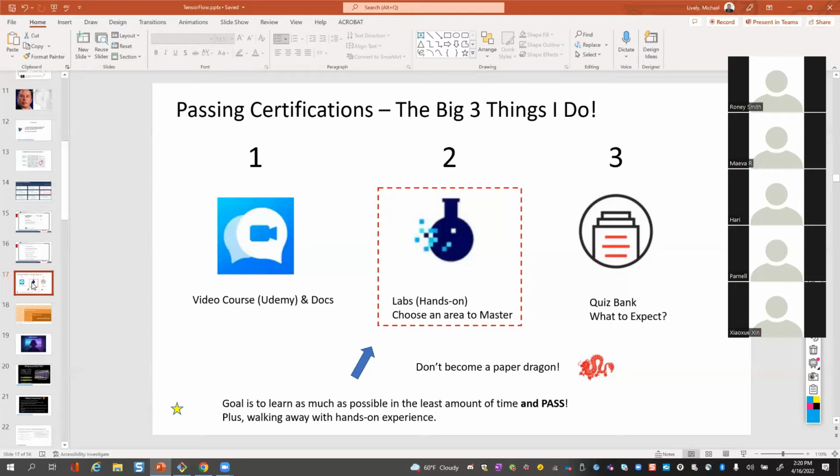The next thing I really try to do is get some type of lab or hands-on experience. I don't want to be what I call a paper dragon. I want to make sure that I can actually program this stuff. And there's so much stuff to learn. If you try to learn everything hands-on and try to do all the labs, you'll never make it to the certification. So what I do is choose one area to master. Like my last area when I did AZ-400, I just passed that exam. That's the DevOps Azure. I concentrated on Terraform. So do something like that. Concentrate on one area and master it. And then eventually, as you take more and more exams, you'll master other areas and they'll blend together.